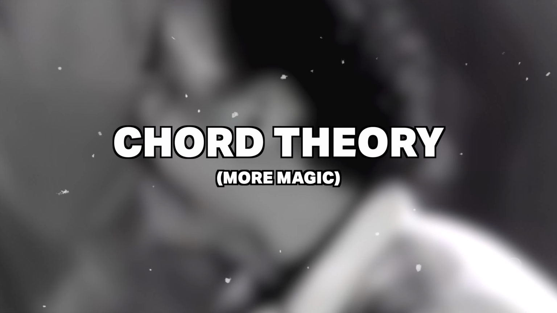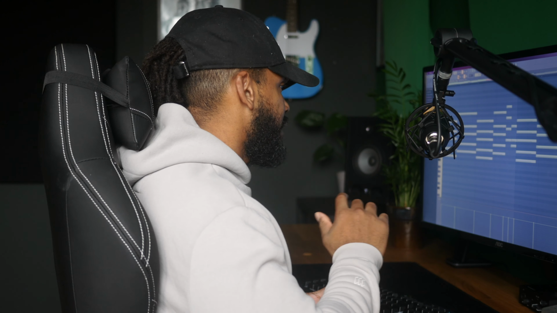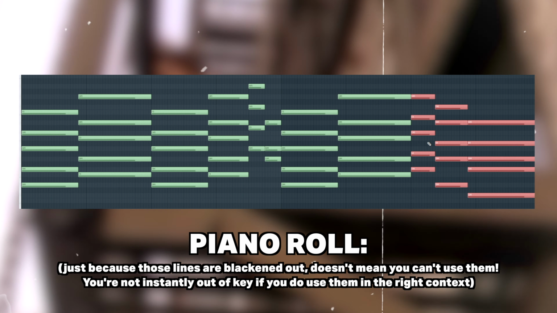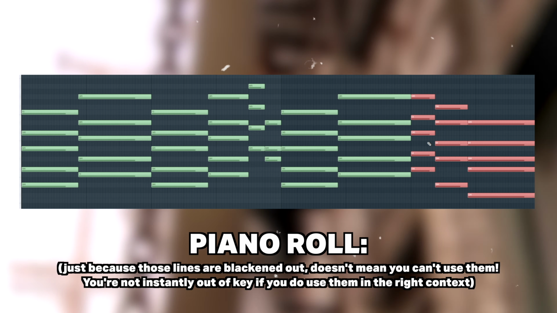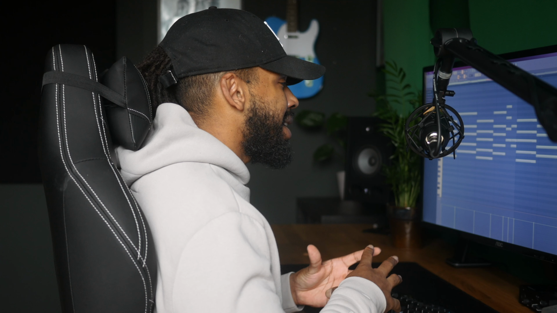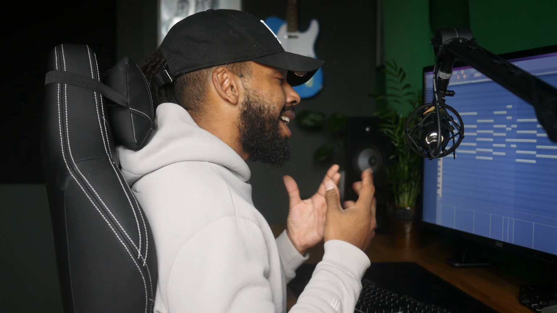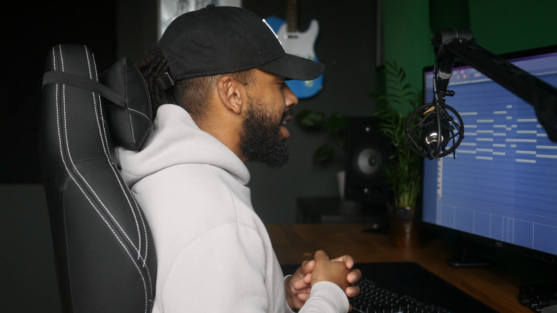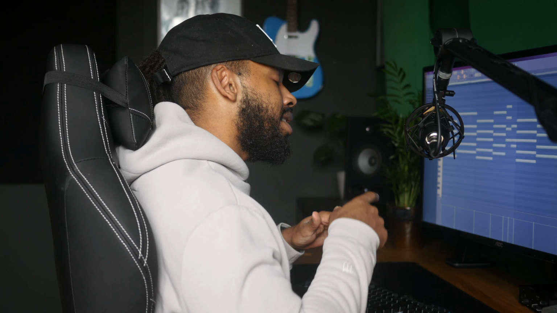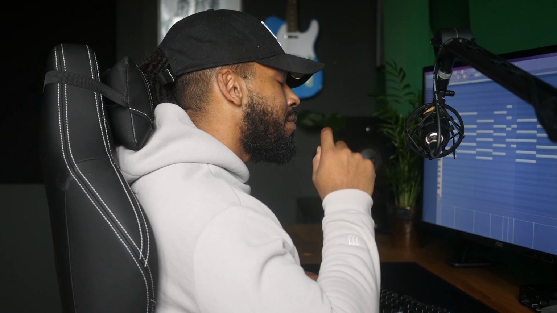So this is what really gets me pumped up about this chord progression. Now, if you're a little bit familiar with the piano roll in FL, you know that these blackened lines indicate that you're using a note that is not in the key that you're working in. But that doesn't have to be a problem because I made use of a cool technique called modal mixture. What I essentially did, well, we know I'm working in C sharp major. I took a little trip to C sharp minor to see what they had there for me,